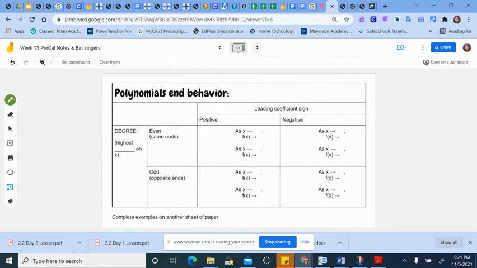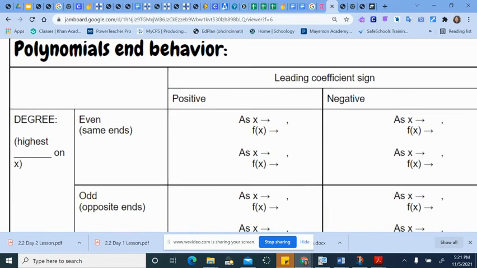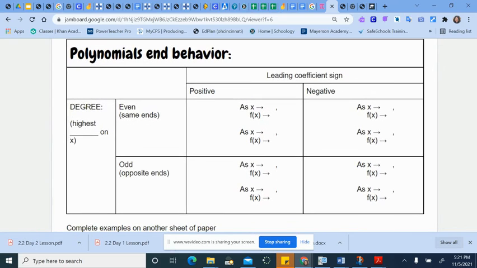All right, last bit of pulling it together notes, and then we'll do a couple examples. This is a lot of information. Polynomial end behavior. Now, we've talked about end behavior a little bit, so this should feel like a review. So degree, the highest exponent on x, I didn't leave enough space. The highest exponent on x is even. What are even numbers? Like 2, 4, or 6, or 8, etc. Then, if it's positive, remember the leading coefficient, the number out front, if it's positive,